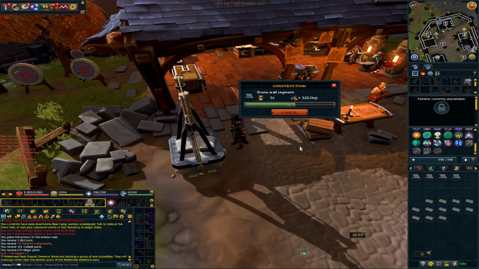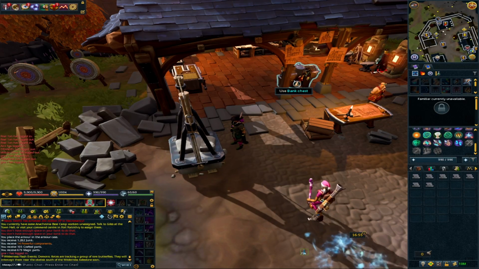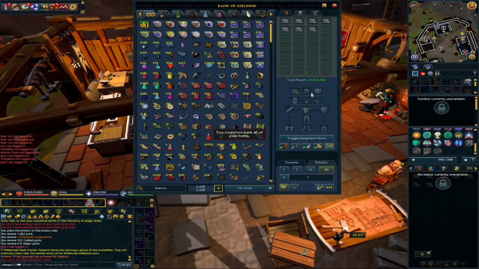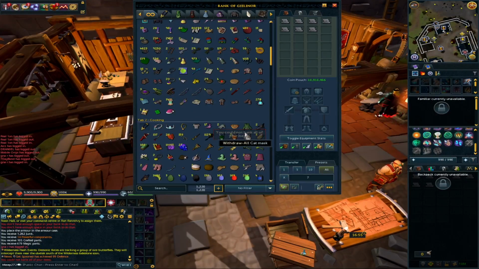Now, what you need to do for this is just go to the stone cutter here, and then you can turn these into Stonewall segments using 4 limestone bricks per Stonewall segment. Now, what I'll do is just open the bank quickly so we can price check the actual price of limestone. But as you can see, when we traded Bill, they were no more than 20 GP each,